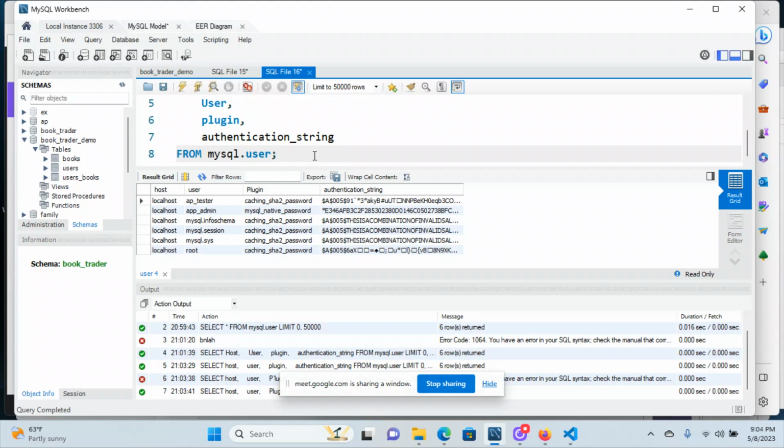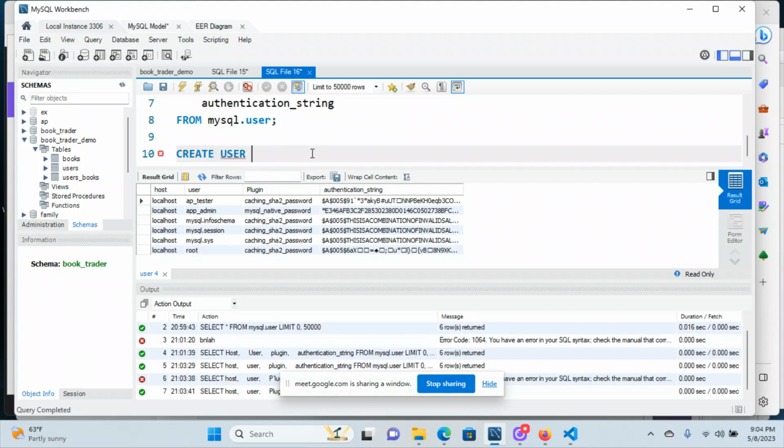Let's go ahead and make a user here. So we should still be using Book Trader demo, and actually, no, we're not, but it doesn't really matter if we are or not, because we're creating a user kind of outside of the databases and then telling the system what permissions we want them to have on which tables. So I'm going to go ahead and create user